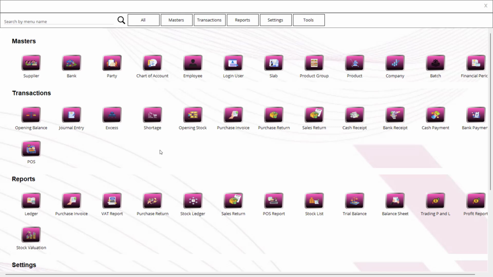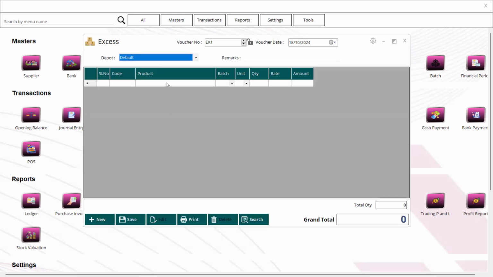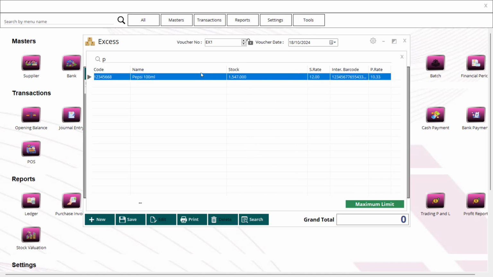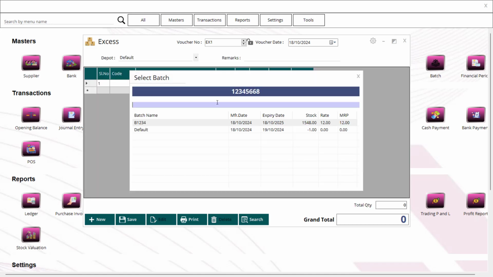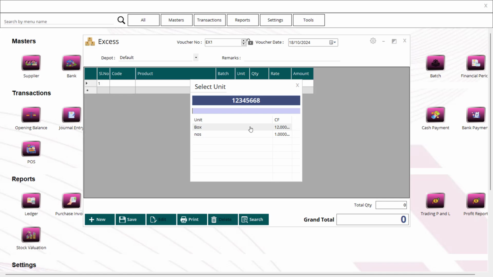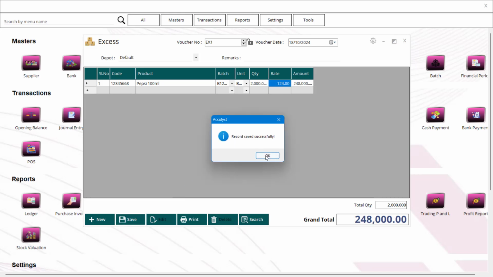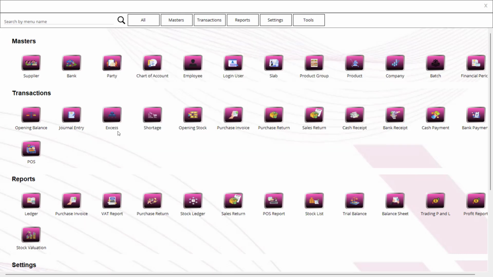Now, if you want to adjust your stock, like the physical stock against the actual stock, you can use excess and shortage. Most of the cases, you can do it here, adjusting your stock. You can simply type your product, for example. You can choose your product. Now you can see my stock. If you want to increase it, you can use excess, which we open right now. You can choose your unit and you can increase it by, for example, 2000 maybe. There we go. So by considering the physical stock, you can update your software